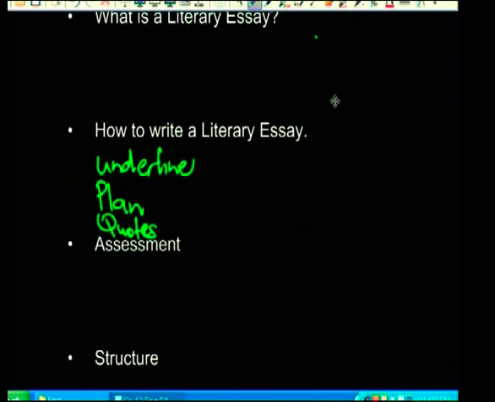The next point I'm going to focus on now is the assessment. Now, here I'm giving you some inside information because many of us mark these exam papers. So I'm going to actually tell you how your essays are assessed. Basically, the essays are assessed on two criteria. The first one is the content. Right, firstly, the content.